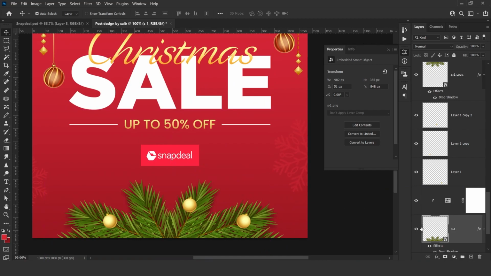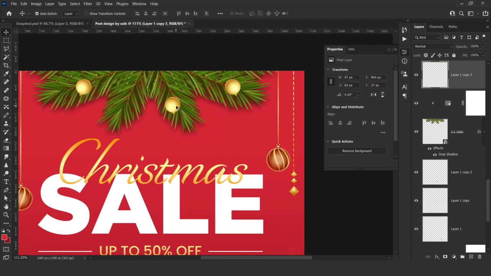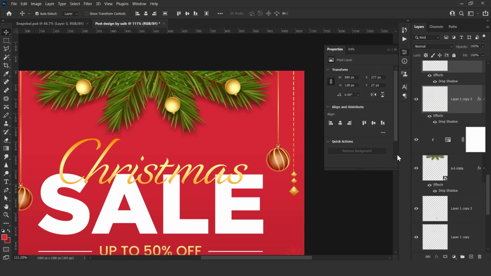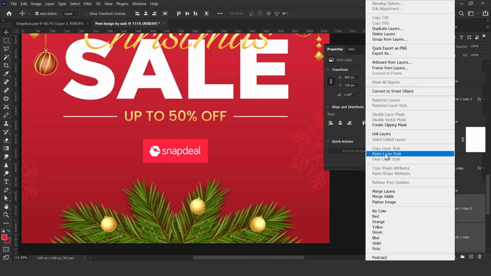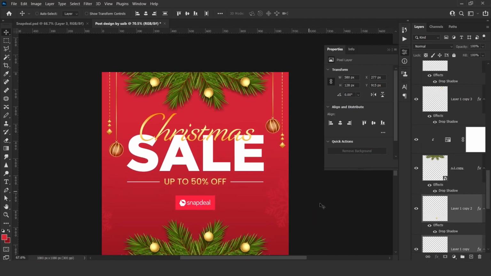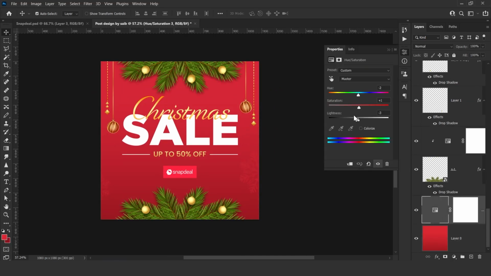So here we have also shadow and we will give it on it. So select all three of these layers, these yellow layers, and right click on it and click on this paste layer style. And also here select all three layers, right click and click on this paste layer style. Perfect, almost done. So maybe a little change of the color.